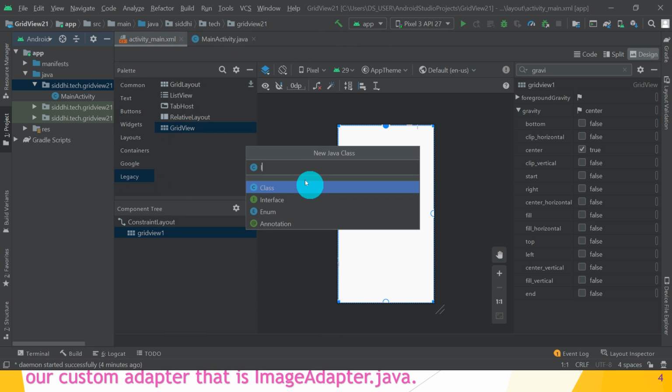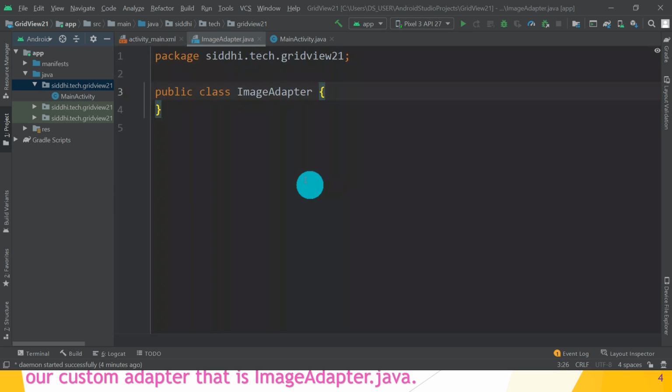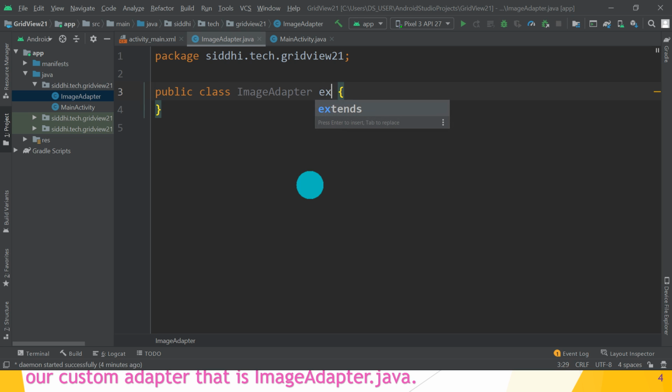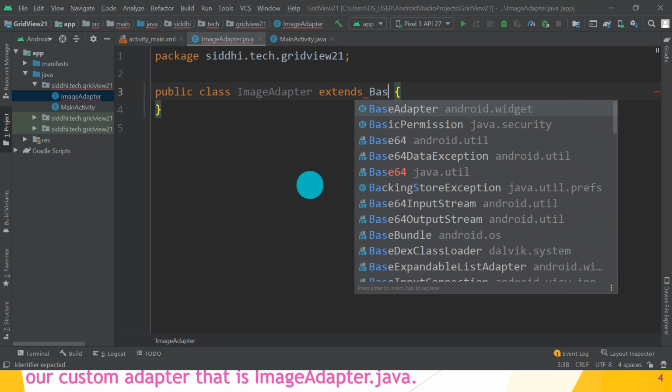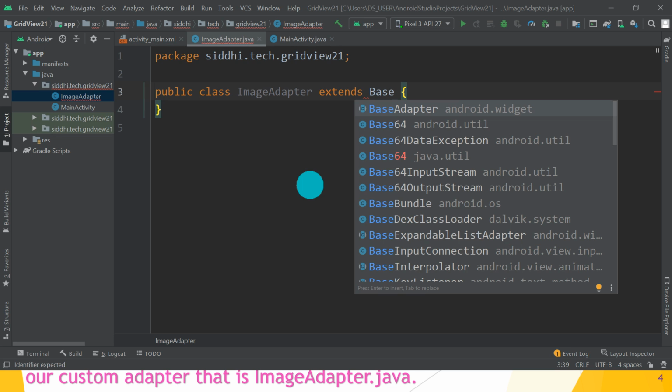The name of the class is ImageAdapter. Great. So the ImageAdapter.java class is created. Great. So we know we extend that class from which class? BaseAdapter.